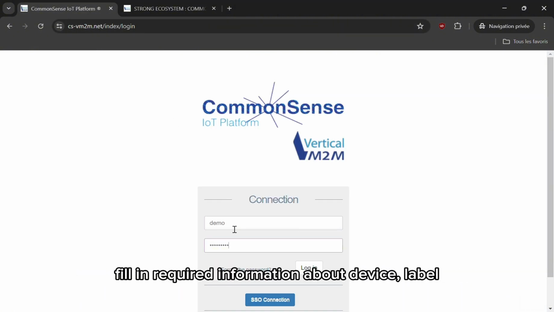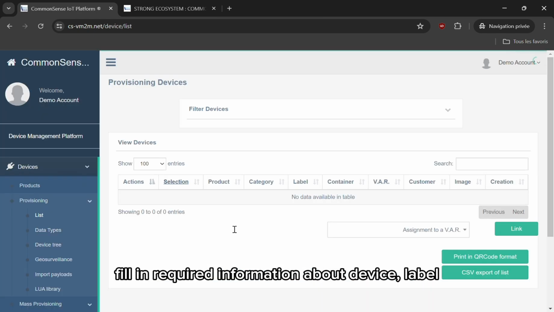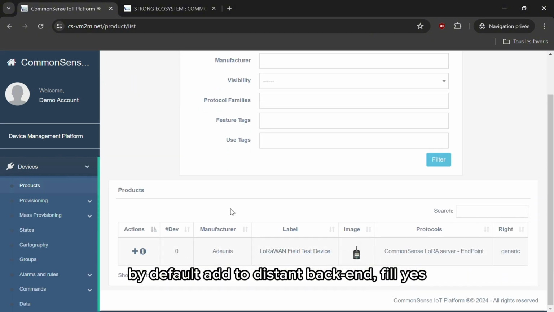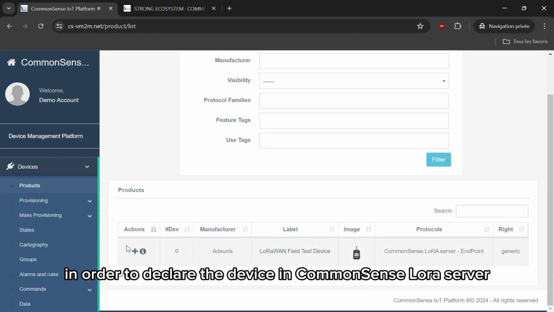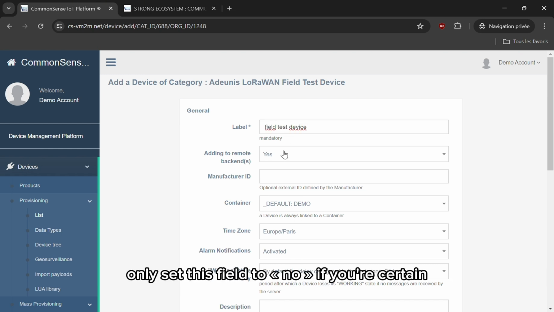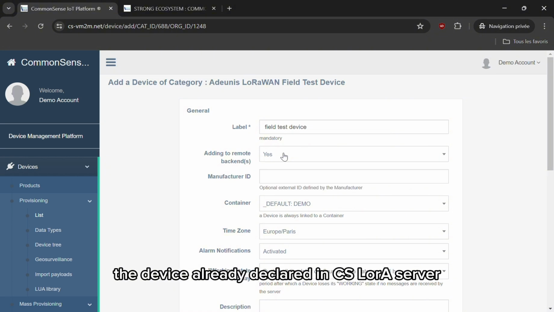Fill in the required information about the device: label, then select the container, and then set the attributes. By default, the add to distant backend field is yes, in order to declare the device in Commonsense LoRa server and in Commonsense IoT Platform simultaneously. Only set this field to no if you are certain the device is already declared in